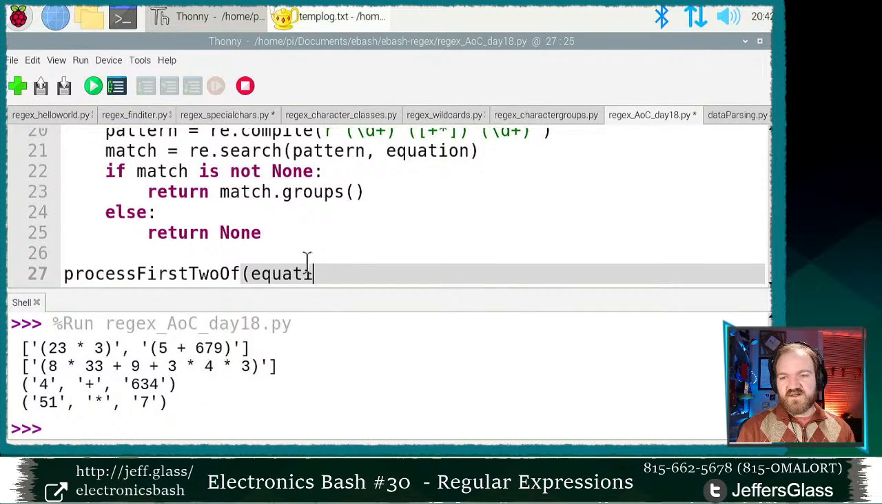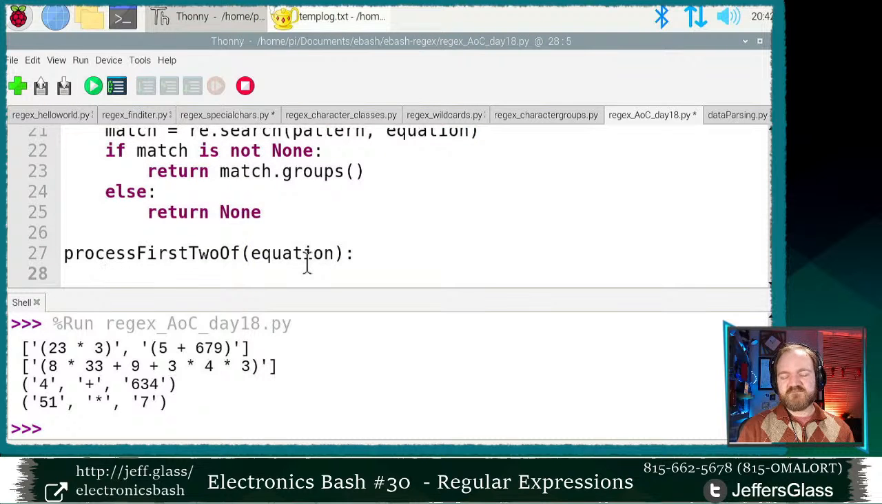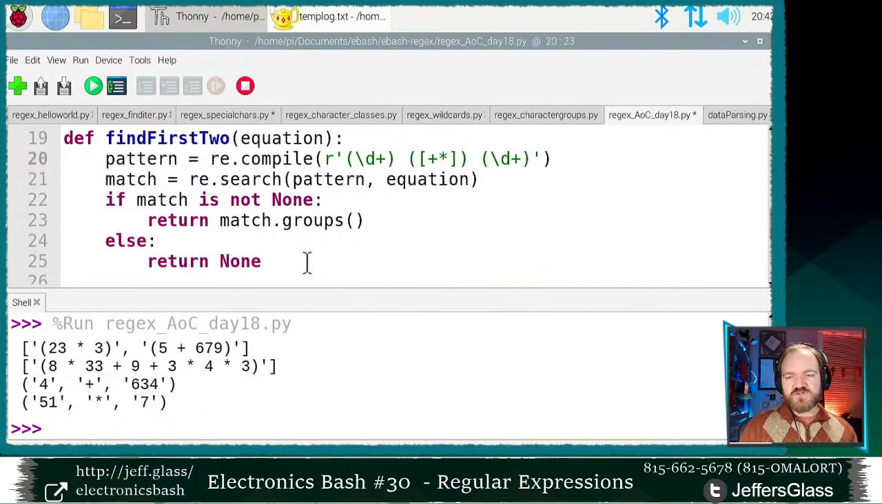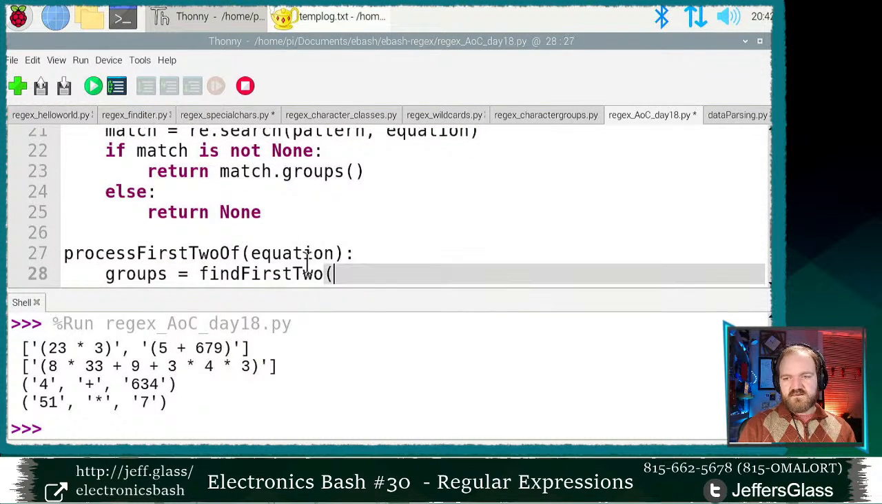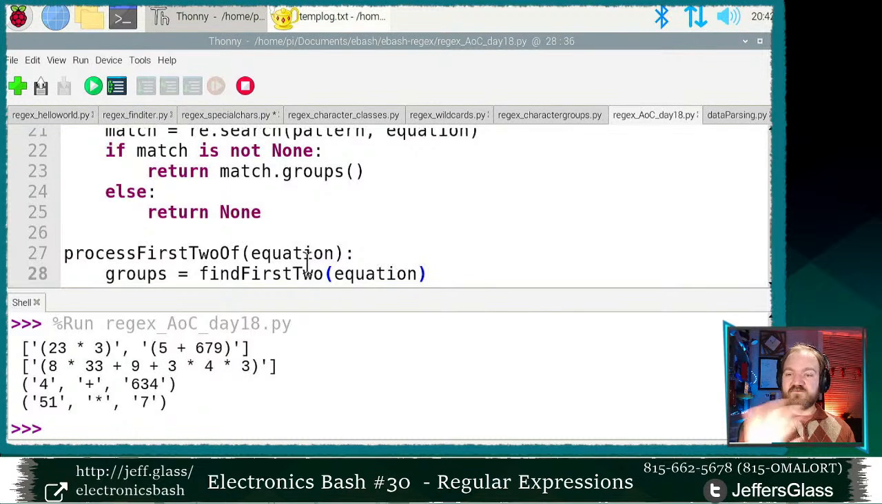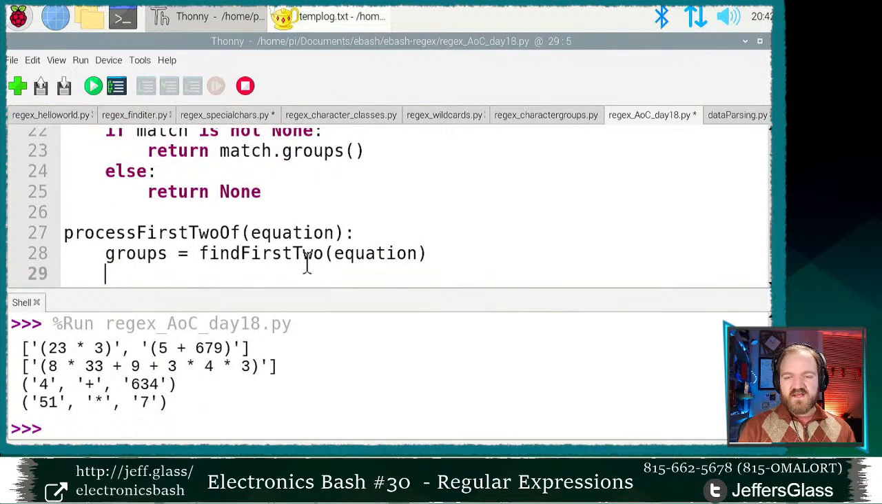Process first two of is pretty descriptive, and we'll say of our equation. And in this case, groups equals find, what do I call this function? Find first two of equation, right? That'll find my first two numbers and my operand, my plus or my times symbol. And I will say if groups is not None,